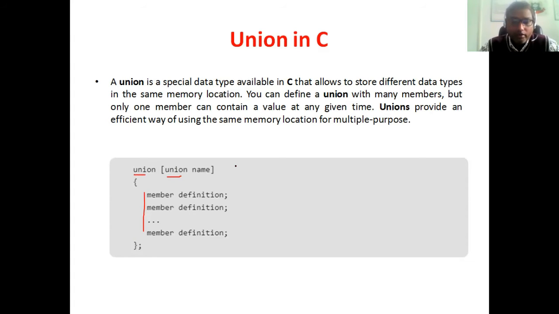So there are two different ways you can declare the union variable: immediately after the closing brace and before the semicolon. Where your union completes, where your semicolon is, before that you can declare the variable here. Okay. Otherwise you can also create the union variable under the main program.